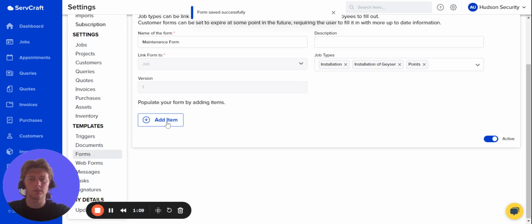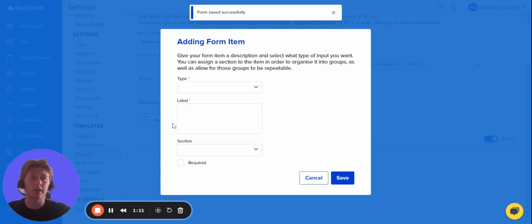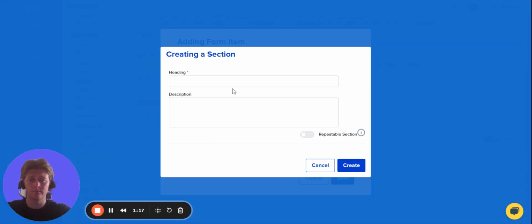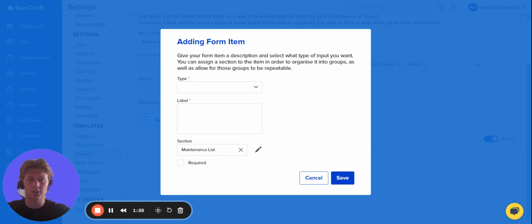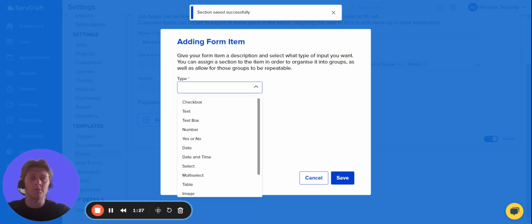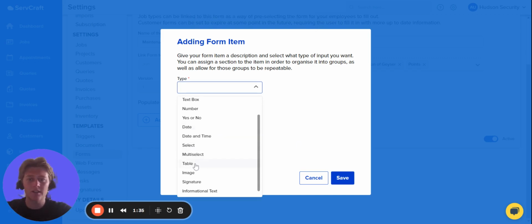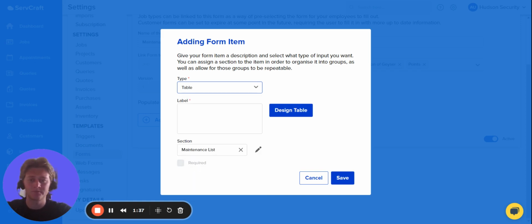Now, first of all, I can select add item, starting to build the form itself. I can add my entire section, which is a big heading of our form. I can go maintenance list, create that section, add our type. So the type is the type of input that the technicians or the customer would have to give on this particular line item. So let's go ahead and select a table,